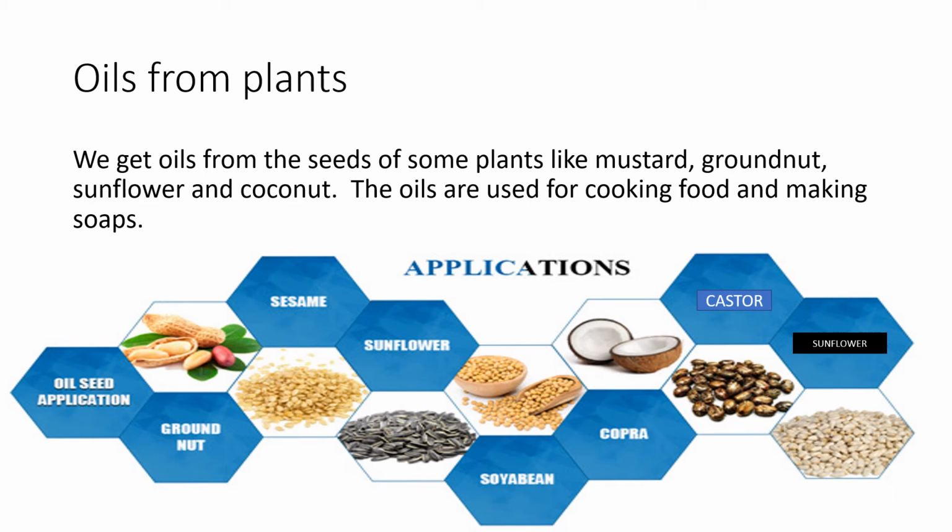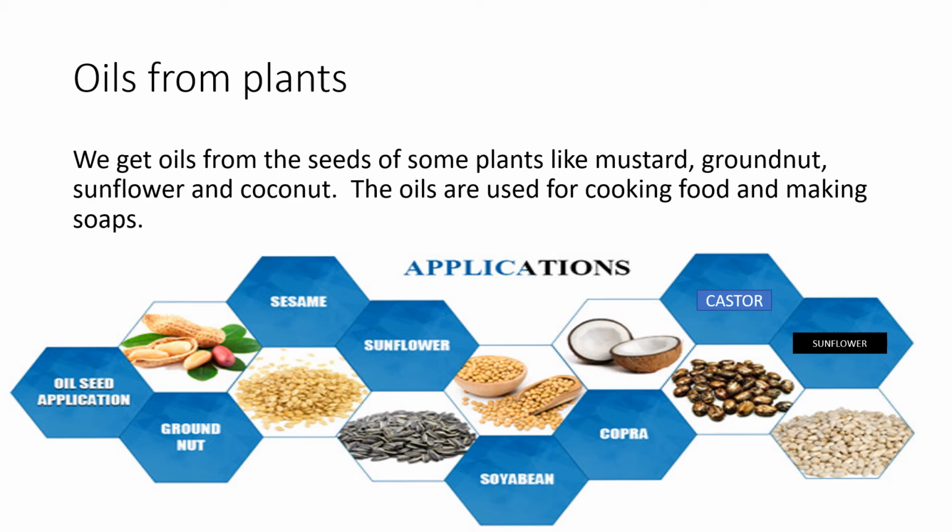Children, along with these few, I'll also give you some more. Like you have sesame. Is it mentioned? No, sesame also, sesame seeds, tal oil you get. Yes, tal is called sesame in English. Then you have the sunflower. Sunflower is mentioned already. Soya bean. Yes, you get the oil from soya bean as well. Coconut is already there, but it's called copra in Hindi or in Gujarati. Castor. We use Divel sometimes to oil our hair also. So Divel is called castor oil in English. These are the castor seeds.